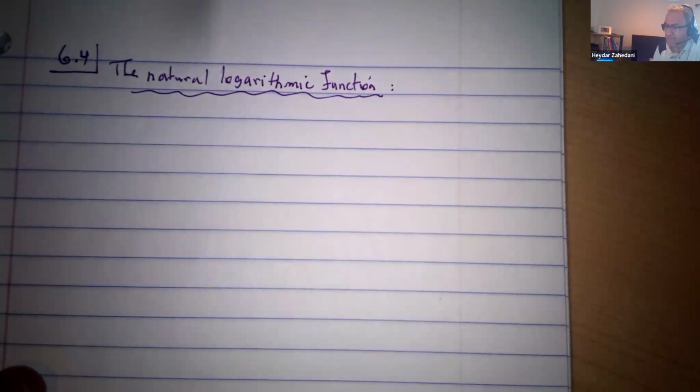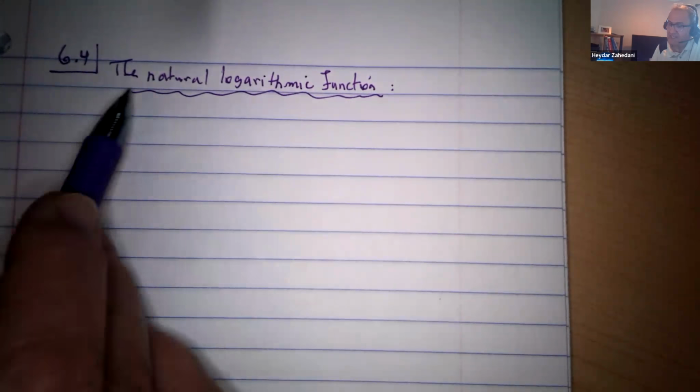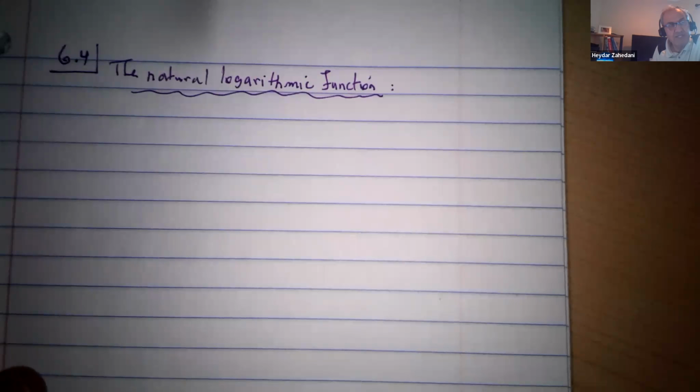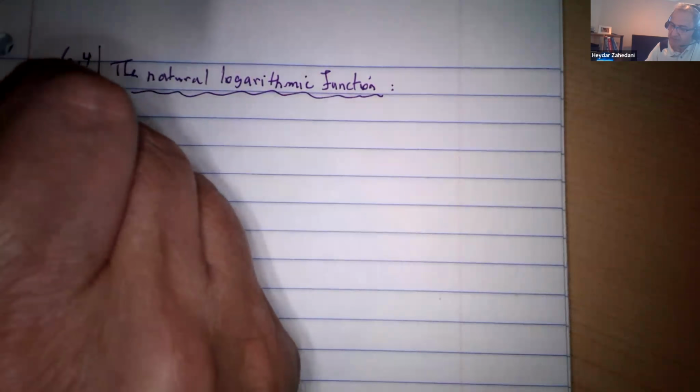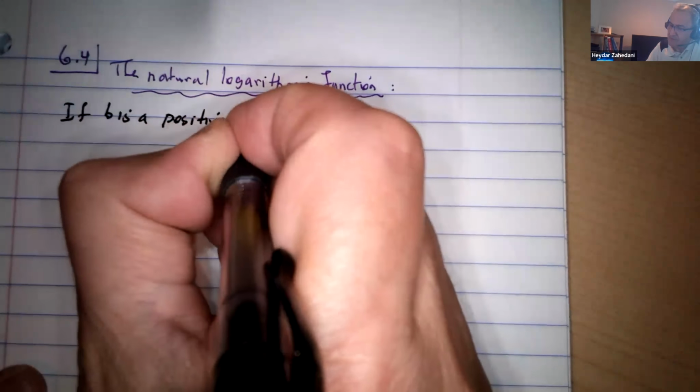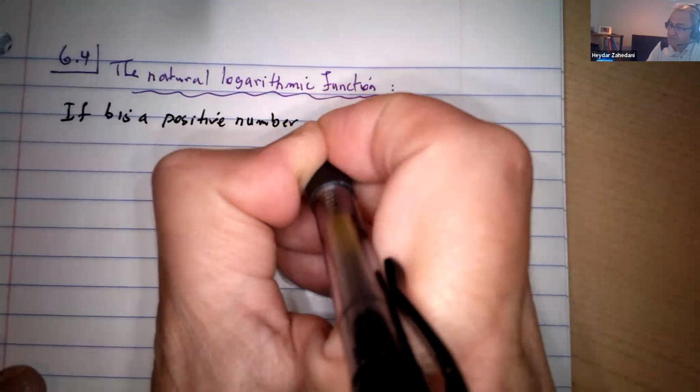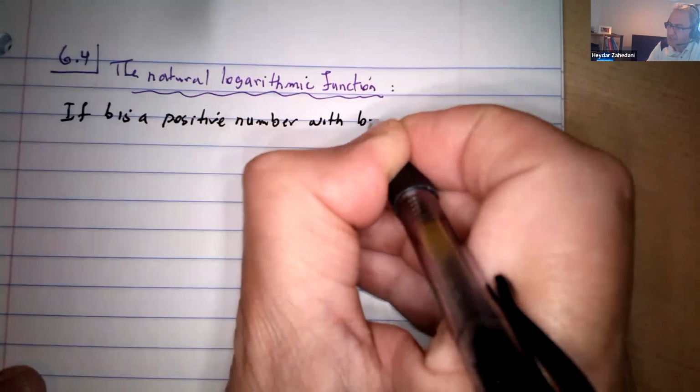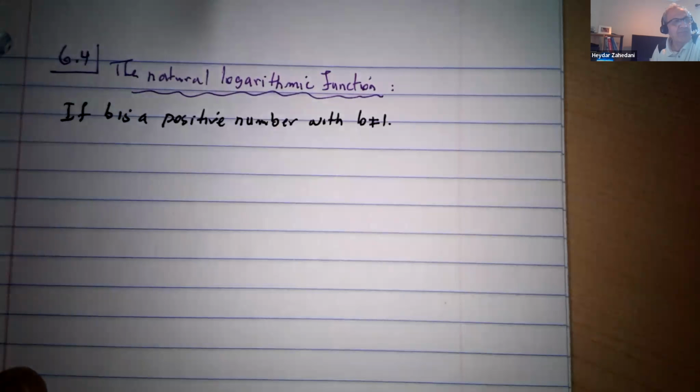Okay, but it doesn't matter. So we're going to say it here. It depends. If you want to do the early, this is the definition. If you want to do the late, you have to go through the integral and you don't need it. Okay, there you are. And so I'm going to introduce the log as the inverse function of the exponential. So again, if b is a positive number, it must be positive, with b not equal to 1. That's 1. Then